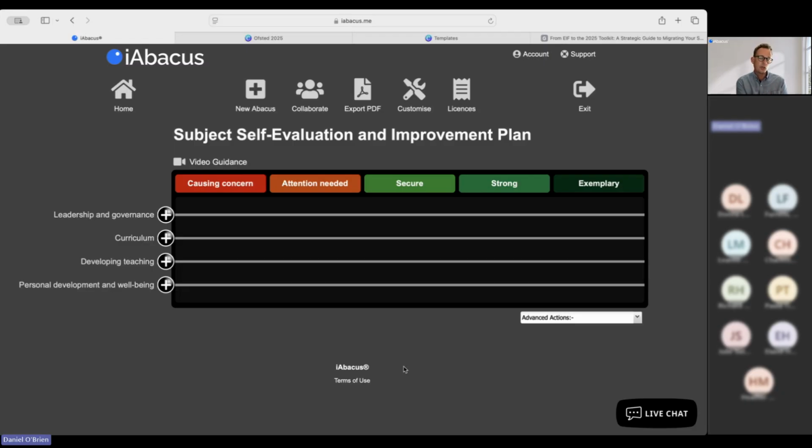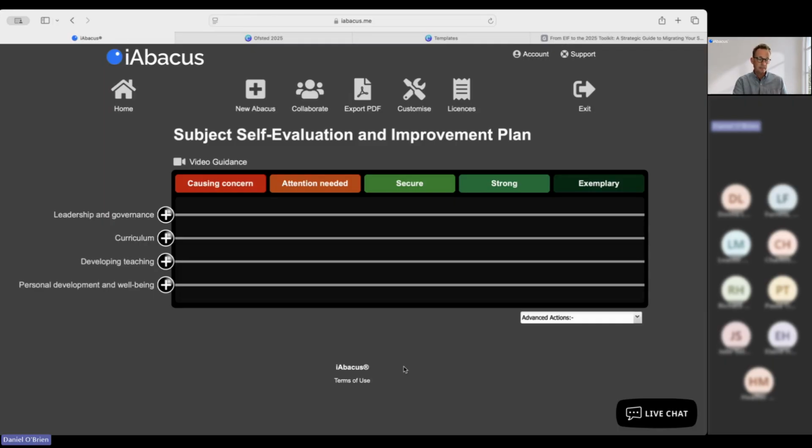Okay, but looking at subject level provision. If you do this, some schools we work with do this before the school self-evaluation. So they empower their subject leaders. They glean a lot of insight because they say, okay, where do you think we are? And obviously those bead positions are going to be varied. Some are going to be in attention needed maybe, and some might even be in exemplary. But what that will do is, when you come to do the school self-evaluation, you've got an evidence base already